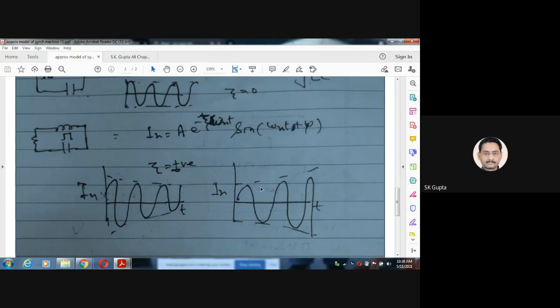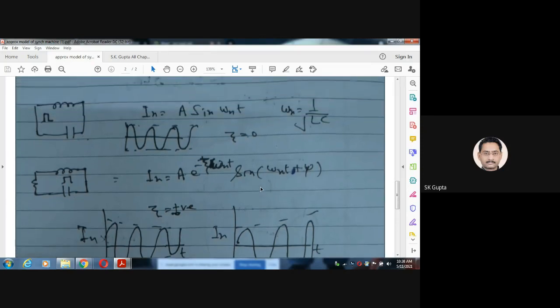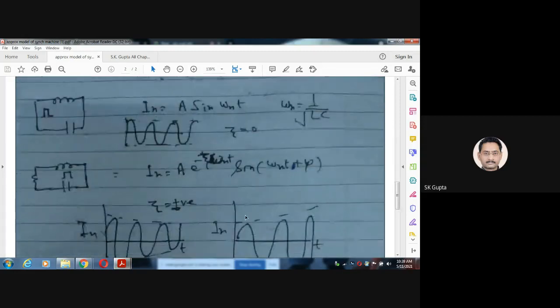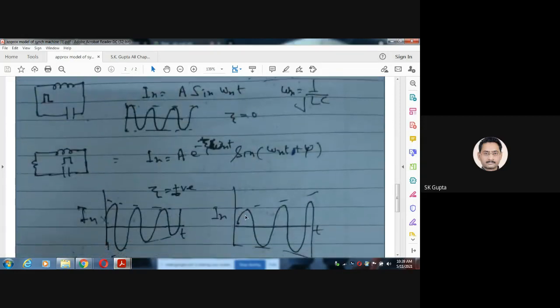In fact, now again, our system, as I told, is not only LC, it is an RLC. When there is an RLC system, this will be the natural component of the current. So the actual current,